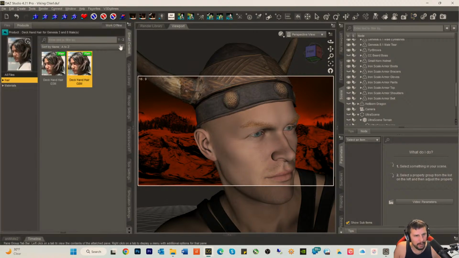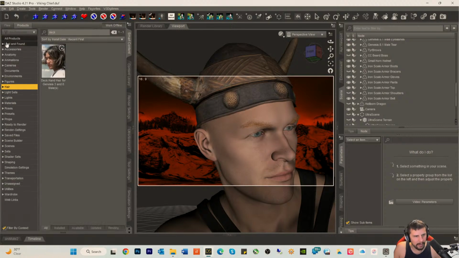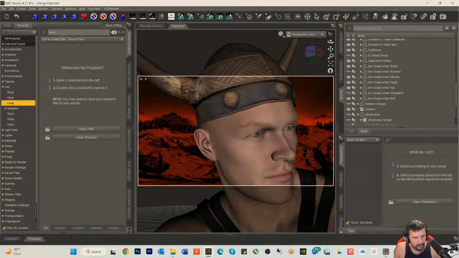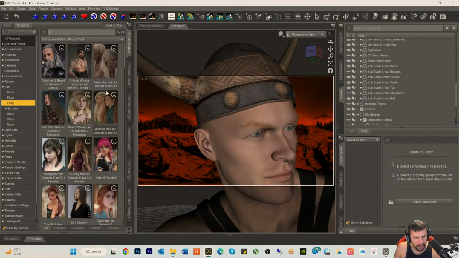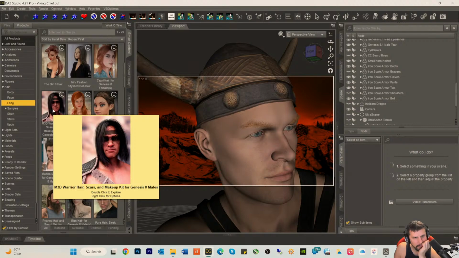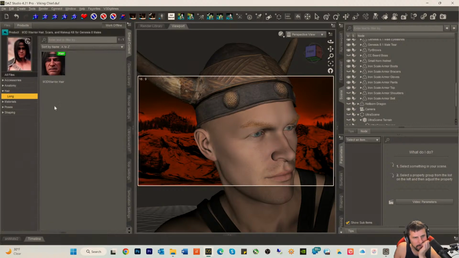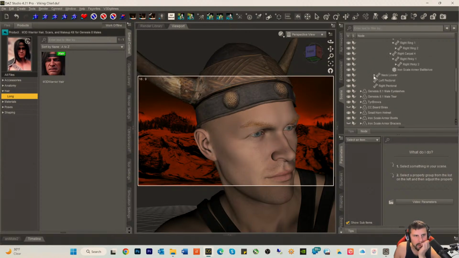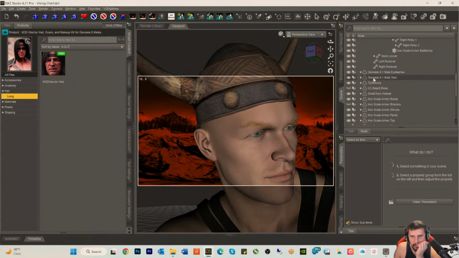Okay, so let's go back to the Deckhand hair. I'm not sure I want to even use this hair. Let's see. I'm not sure what causes that to happen as well. There's a lot of mysterious stuff about all this. Where's this hair? Warrior hair. And this isn't D-force, so it might give us